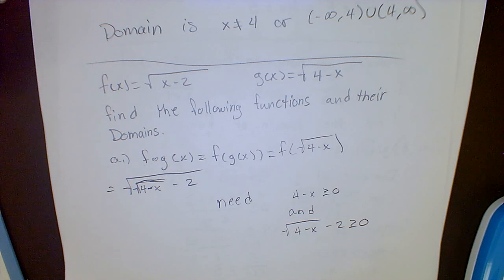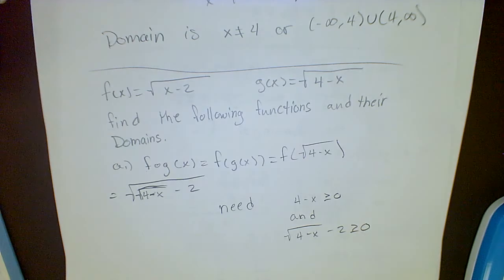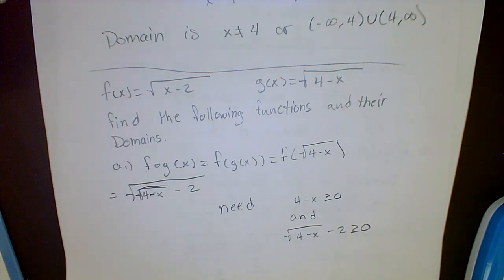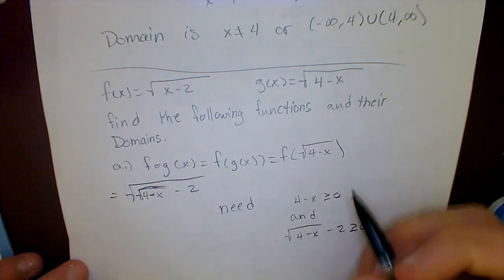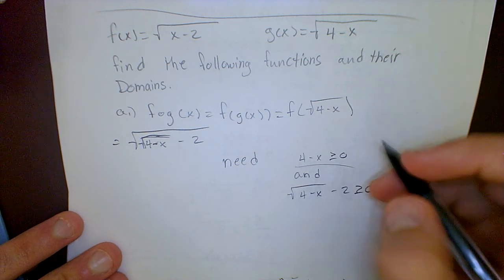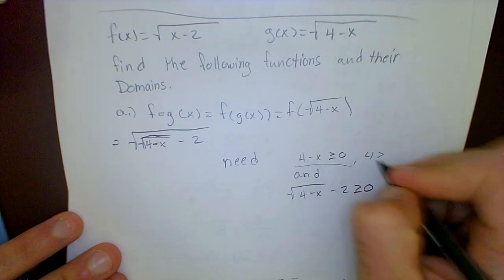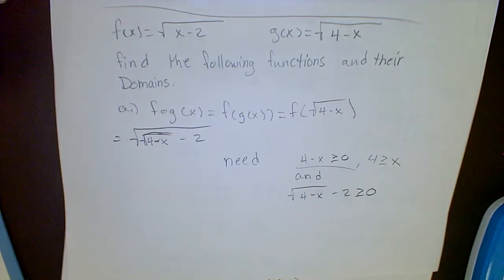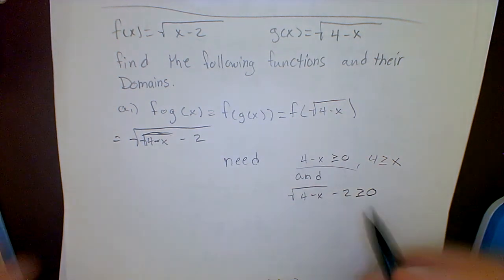Okay, so I need both of these to be greater than or equal to 0. So for this first one, we can solve this if I add x to both sides. This is saying that 4 is greater than or equal to x. Okay, so this one now, to solve this one, I'm going to add